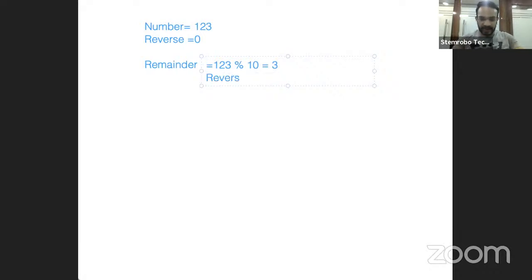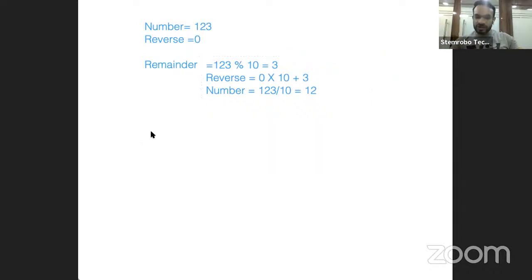अब नेक्स्ट में हमें क्या करना होगा? हमें find करना है रिवर्स। अब रिवर्स कैसे find out करेंगे? देखो, हमने रिवर्स का एक फॉर्मूला use किया था, that was reverse into 10 plus remainder, और रिवर्स की मेरी क्या value थी ऊपर? 0, right। तो 0 into 10 plus जो मेरी रिमाइंडर की value है that is 3, ठीक है, ये आ गया। और फिर नंबर इज इक्वल टू नंबर डिवाइड बाय 10, 123 divide by 10। अब मेरे नए नंबर की value क्या हो गई? रिमाइंडर से क्या आता है? मॉड्यूलस से आपका आता है रिमाइंडर, डिवीजन से आपका आता है quotient। तो 12 आया, तो नंबर की value आपकी 12 हो गई है।